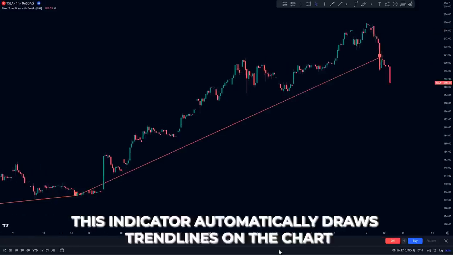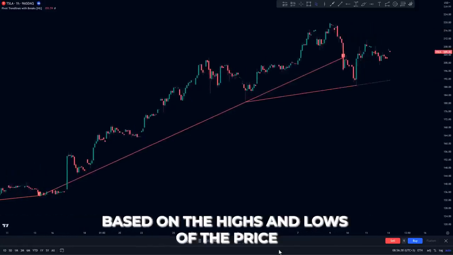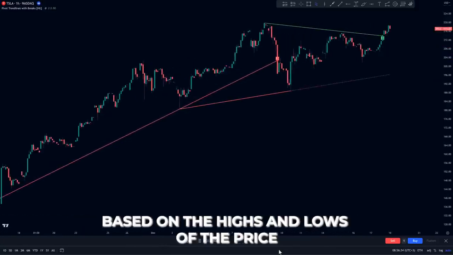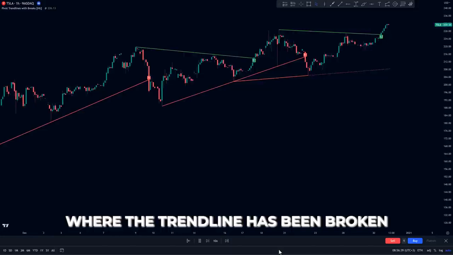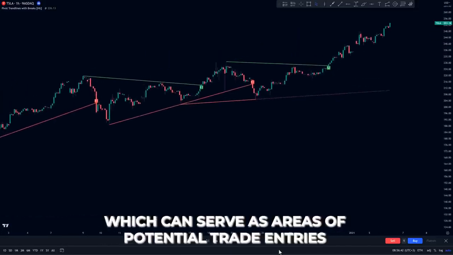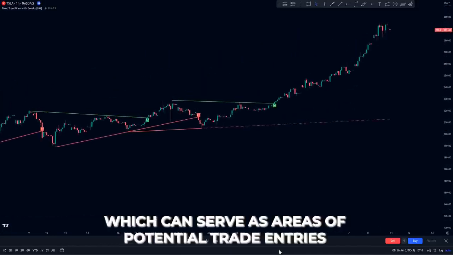This indicator automatically draws trend lines on the chart based on the highs and lows of the price. On top of this, it also labels instances on the price where the trend line has been broken, which can serve as areas of potential trade entries. If you love trading trendline breaks like me, well, you're in luck, because in this video, we're gonna showcase exactly